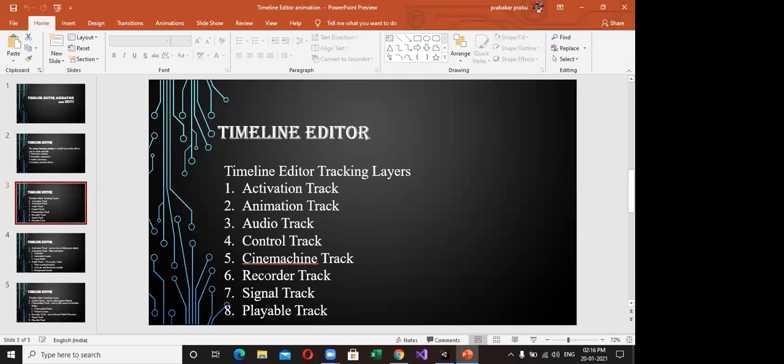Next important thing, recorder track. The recorder track gives the output of your project. For example, if you create a movie, just creating the content without a movie clip is of no use. So your output is either an image sequence or a movie.